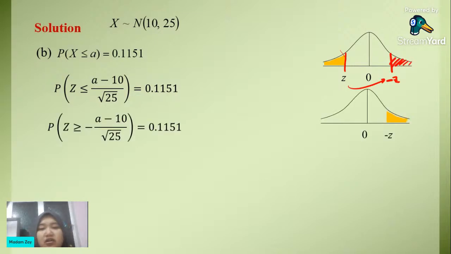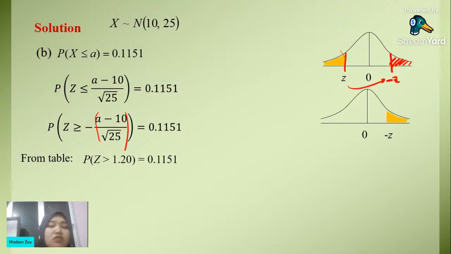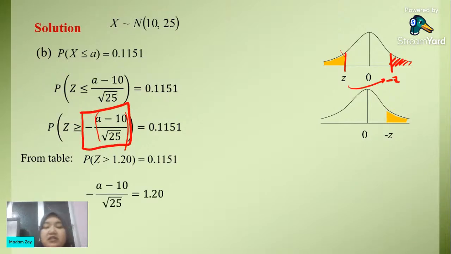Okay, so we get probability of Z is more than negative of everything here. So negative of (A minus 10) over square root of 25 is equal to 0.1151. And we know from the table that probability of Z more than or equal to negative 1.20 is equal to 0.1151. So we need to compare everything here, which is negative of (A minus 10) divided by square root of 25 is equal to